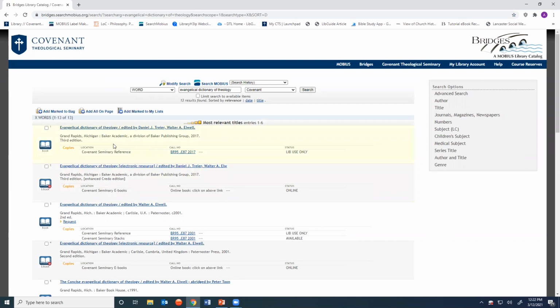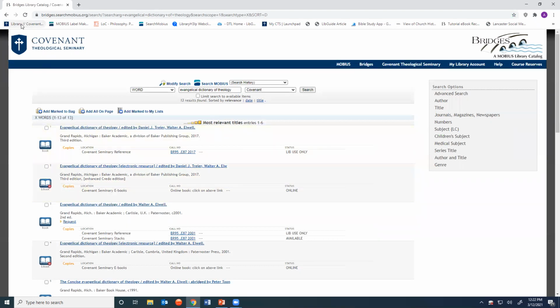We'll just point out that here we've got the most recent third edition of the Evangelical Dictionary of Theology. You can find a physical copy of it in Covenant Seminary's reference collection. We also have an ebook copy of the most recent third edition. So you'll find those results in the catalog if you're looking for the book.